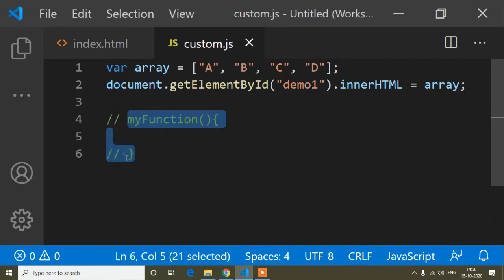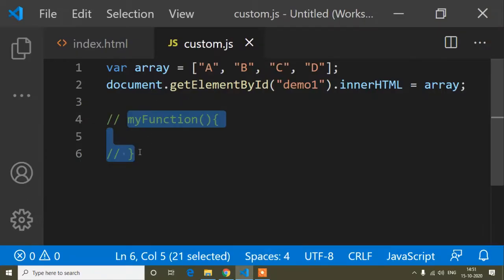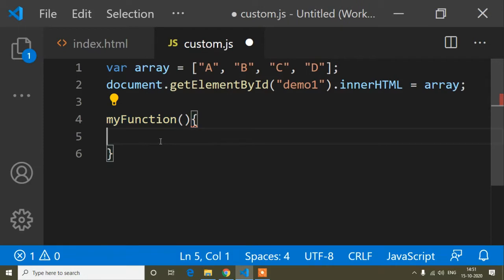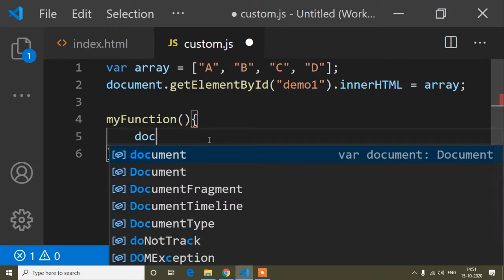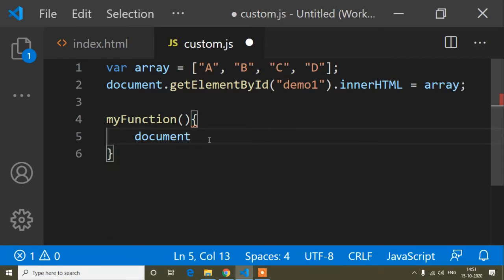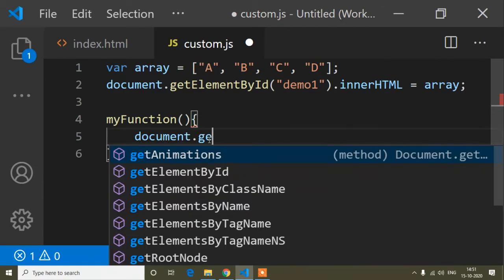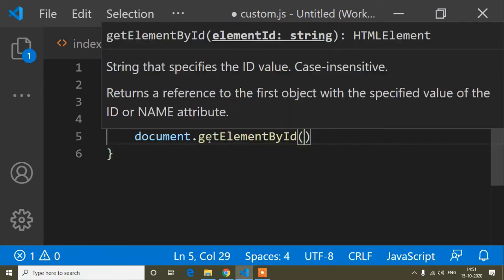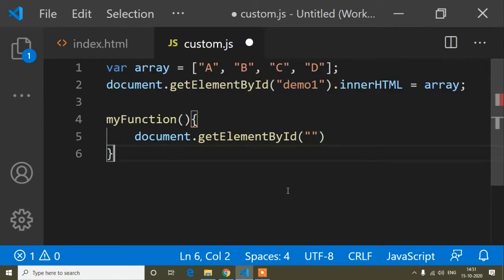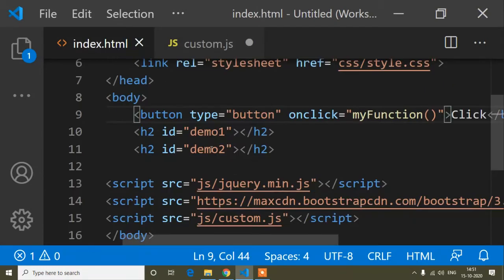Okay, so it's not coming, so comment it. So here you can see now it's looking good, okay. So inside this method now I will write the copyWithin method. So for that, first of all I will write document dot getElementById, and now our id is the second id. So here in this h2 tag I will use the copyWithin method.